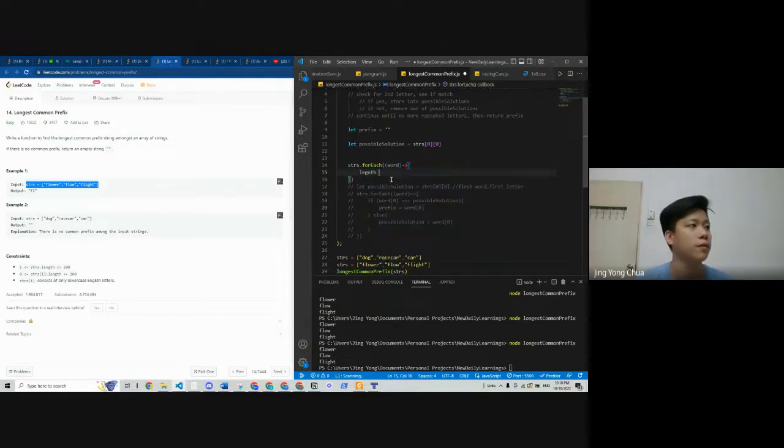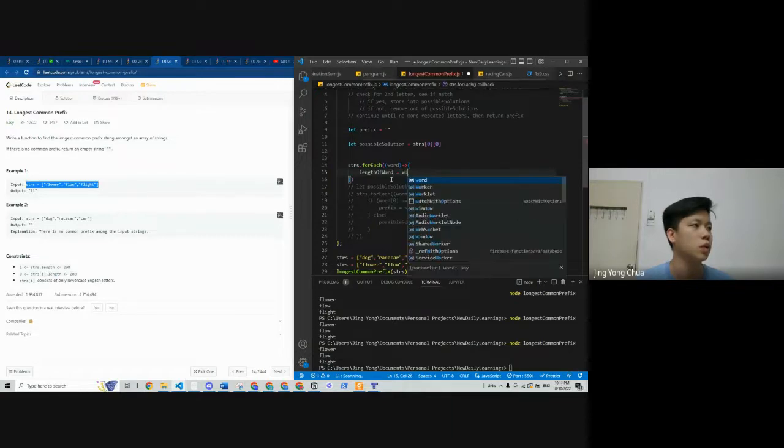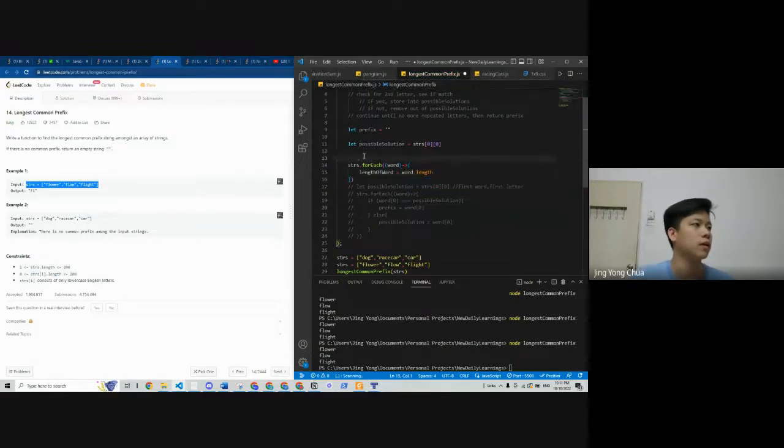So, length of word equals to word dot length, right? Let length. Okay, so this should push it inside.